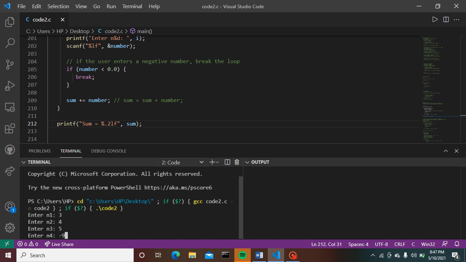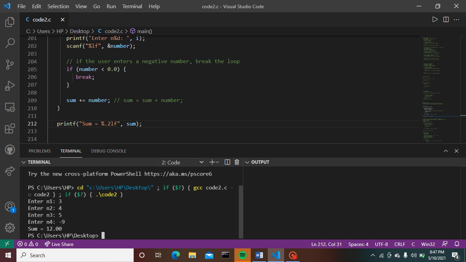Then we provide minus 9. Enter. It will give this output.